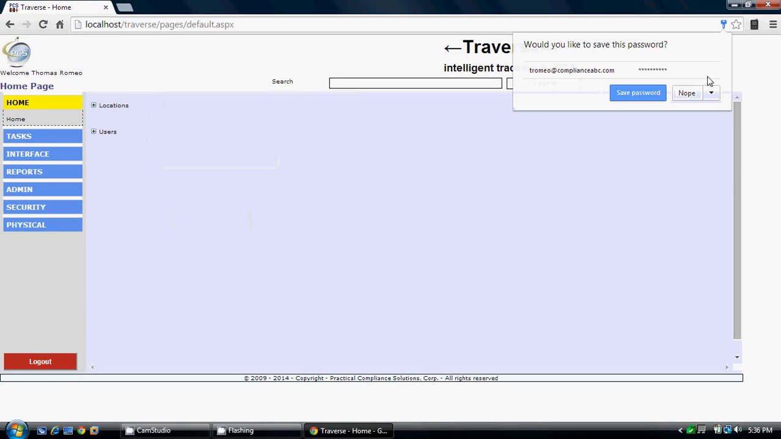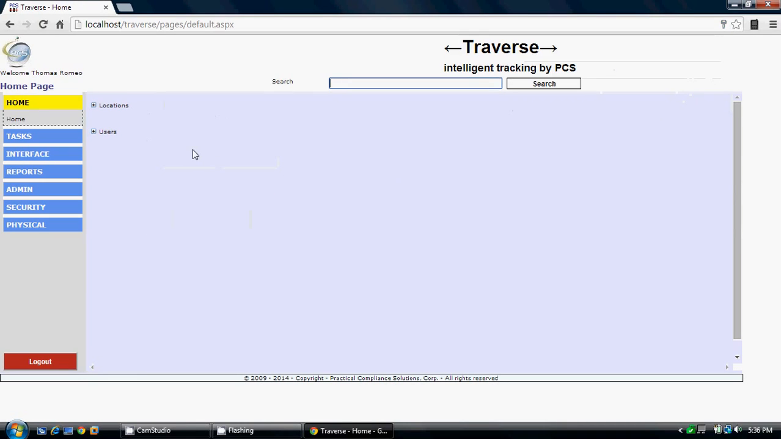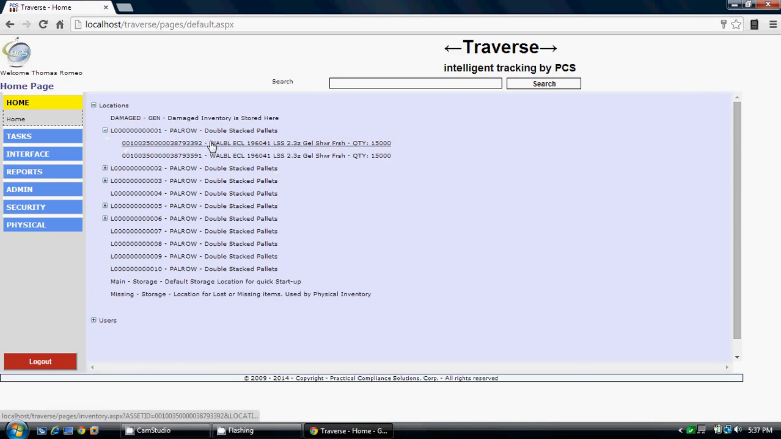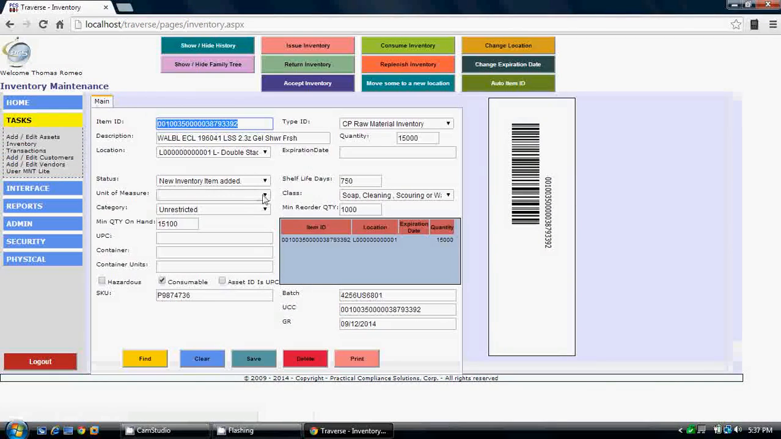So as you know, Traverse is an asset tracking system, but we also track inventory. And there are a few ways to track inventory. In this particular demo, I'm going to demonstrate what it looks like to track inventory that is uniquely identified. That is, this is an item number,